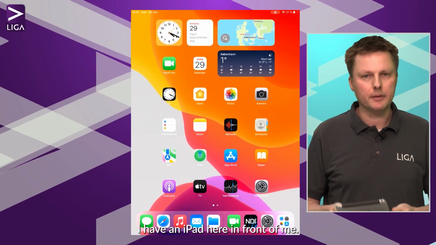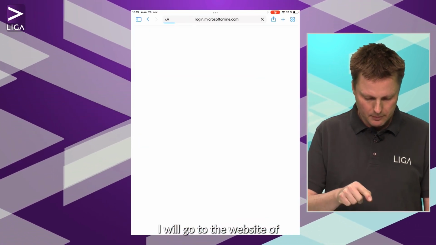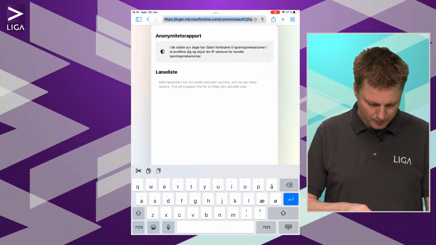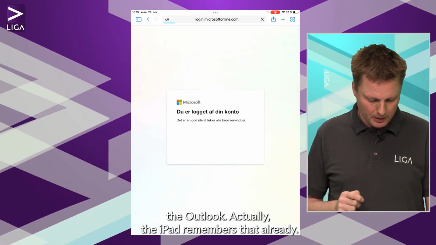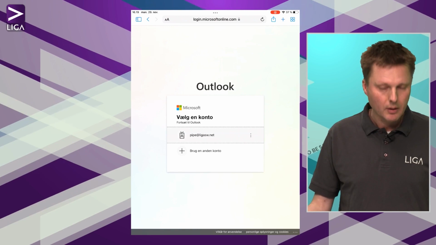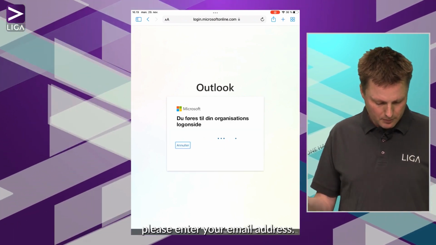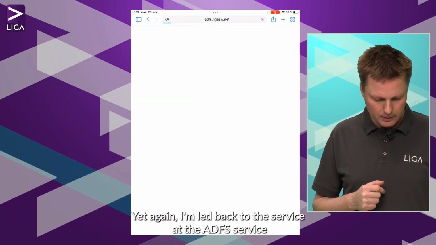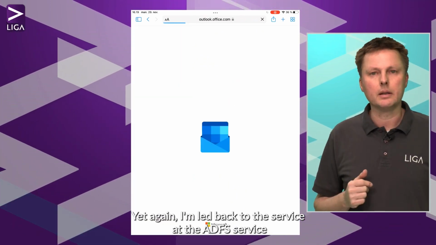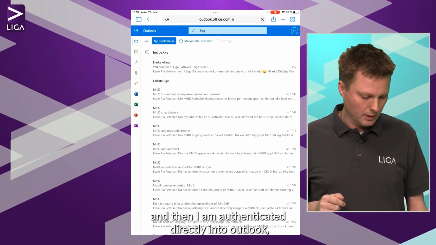I have an iPad here in front of me. I will go to the website of the Outlook. Actually, the iPad remembers that already. You will see now that the iPad says, please enter your email address. Yet again, I'm led back to the ADFS service, and then I'm authenticated directly into Outlook, and